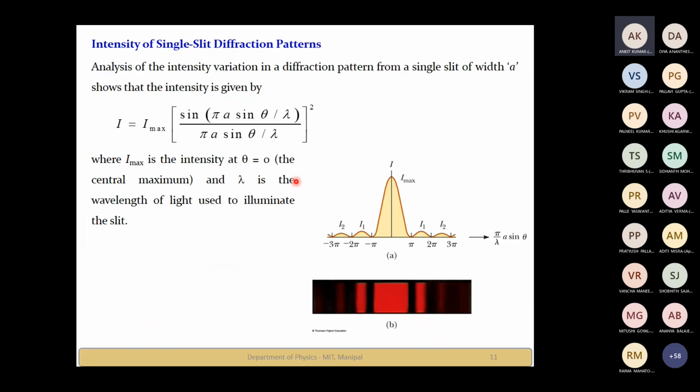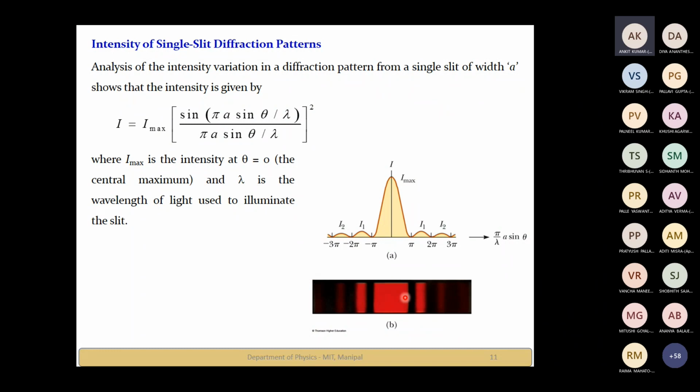Now, coming to the further discussion, suppose I'm asking you, let us take a case when we choose the width of the slit exactly the same as the wavelength. So what kind of pattern do you expect on the screen? Can anyone tell me? If I choose the width of the slit, that is A, exactly the same as the wavelength of light, what kind of pattern will you notice on the screen? Can anyone brief me? Sir, then there will be no pattern, sir.